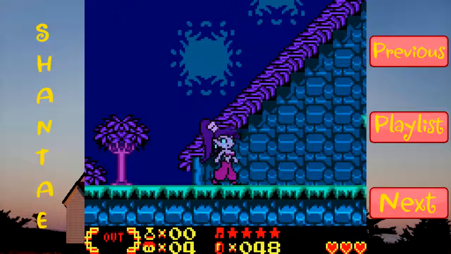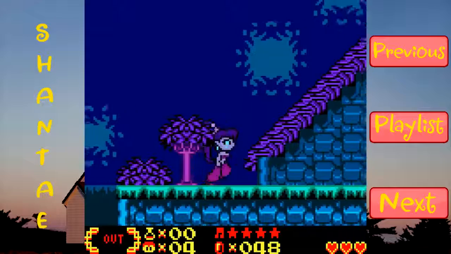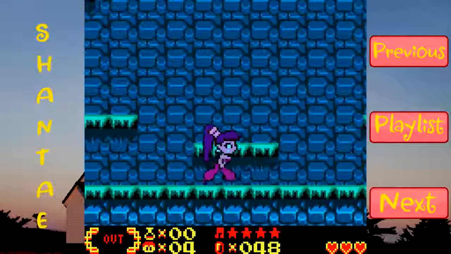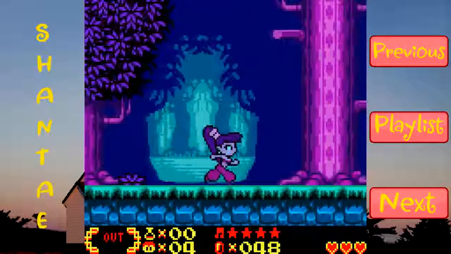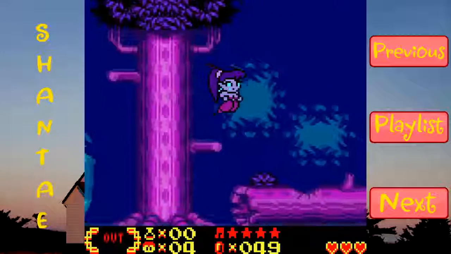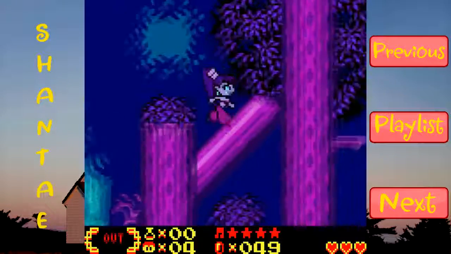Now, you think you'll be able to go up this hill here, but if you try, you'll just fall back down. We're not going to be able to make our way up that way. We will be able to climb up here eventually, but for now, just know that as Shantae, we can't get up there. So we'll just go ahead and try to make our way through Spider Forest